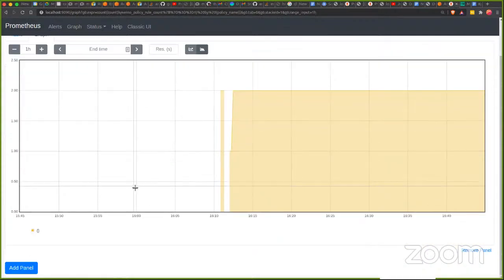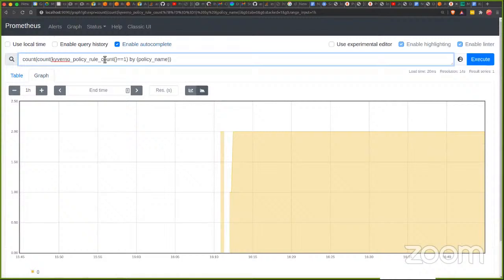See, so this is basically showing the trend of the rules which arrived throughout Kyverno's life cycle. Initially there were 2, and suddenly 2 of them were deleted. Then again they were brought up alive. And if we go just at the level of rules instead,